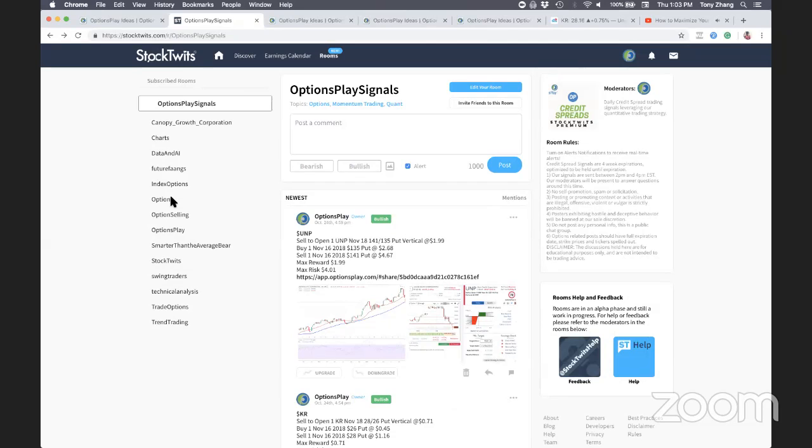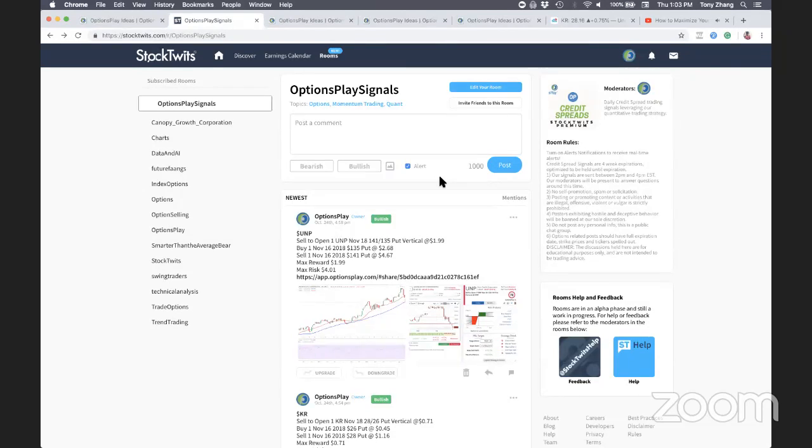Are the alerts available for all customers? Some services do not offer an alert service outside of the US. So the alert service is through the StockTwits app. If you download the StockTwits app, you can turn on notifications, and every time we send an alert, you will receive that notification on your phone as well as through your email.